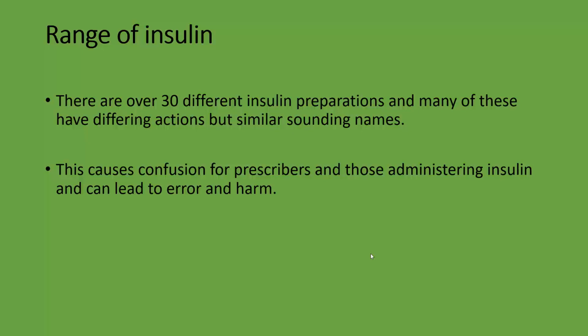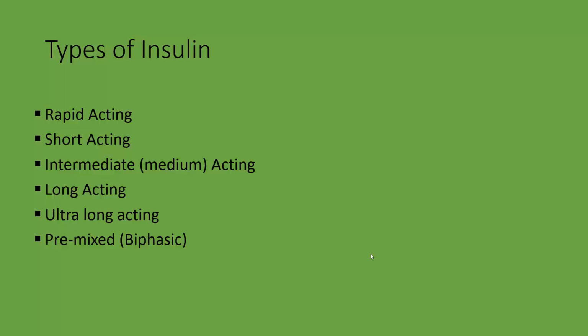There are over 30 different insulin preparations, and many of these have differing actions but similar-sounding names. This causes confusion to prescribers and those administering insulin and can lead to errors. And it can be quite harmful, because it's not like you're prescribing metformin or gliclazide. Going into types of insulin, rapid-acting insulins have a very fast onset, within 30 minutes,